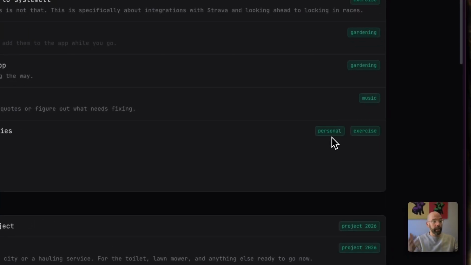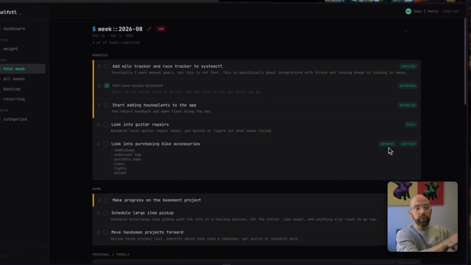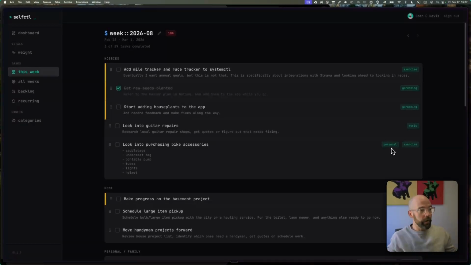Now, no matter what I do here with the UI, trying to figure out which tasks I'm going to work next is a whole other thing. I would have to classify them ahead of time, or I'd have to give them some thought, or I could spin up a custom agent that would do some of that work for me. But I already have this AI assistant who has access to all of these tasks.